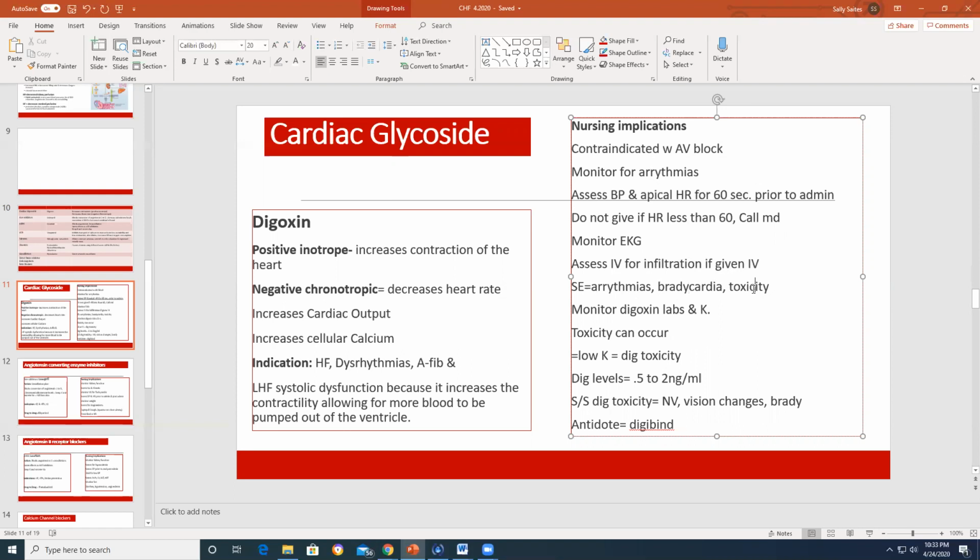And then also toxicity. So digoxin is one of those medications that we have to look for toxicity. Toxicity with digoxin can be,